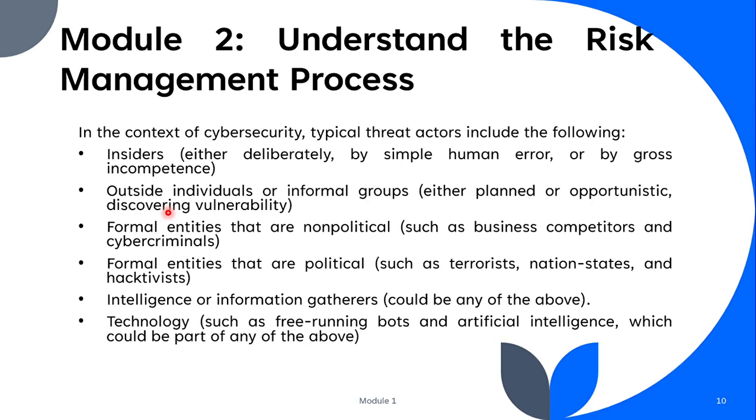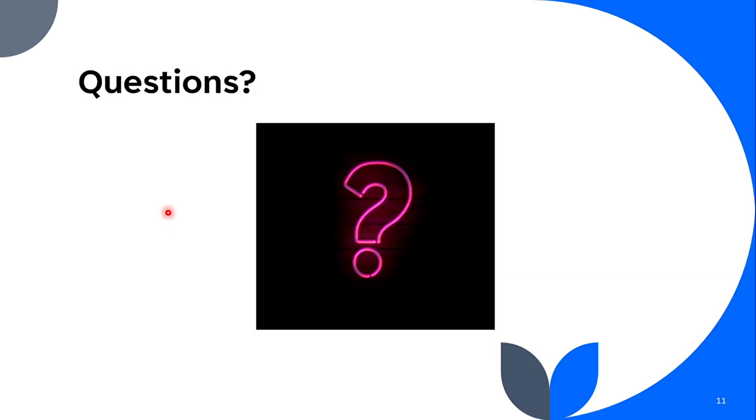So that is formal entities that are political. And then it can also be in the form of intelligence or information gathering. Threats can also come in the form of technology. We've discussed all this in our previous class. So before we go to questions, let me just